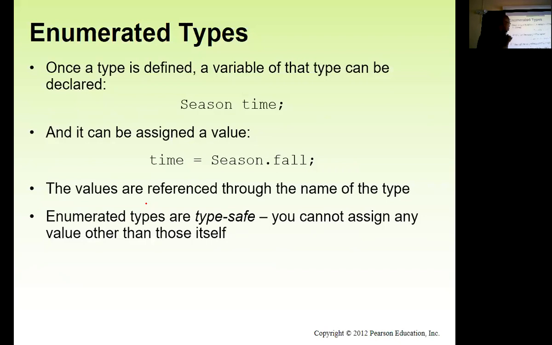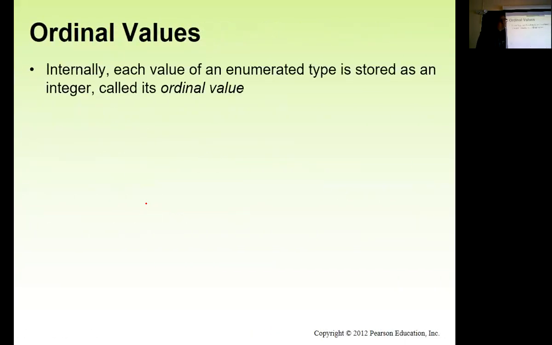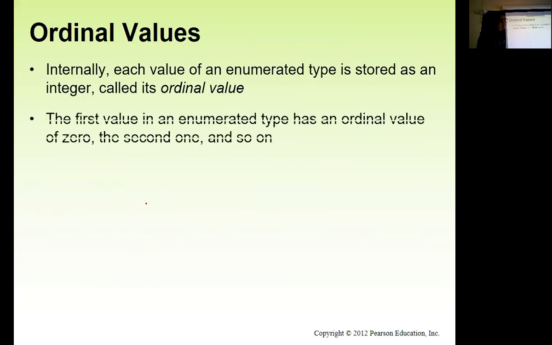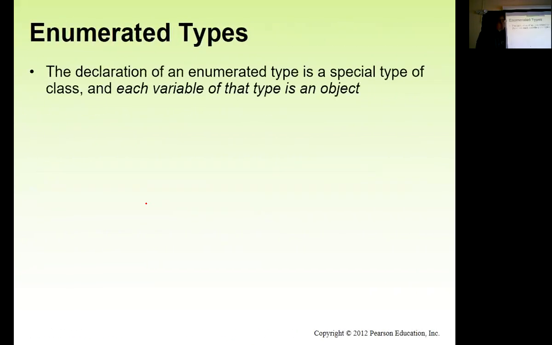Yes? You know only these possibilities exist, right? And so you get an error if the user tries a different value. Each enumerated type is stored as an integer generally, and that's called the ordinal value. The first value is 0, the second is 1, and so on. You can also reference the values inside of the enum type by its ordinal value. You cannot assign a numeric value to an enumerated type even if it corresponds. You can only access what is at each